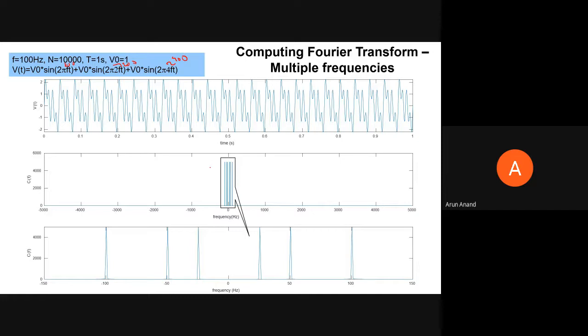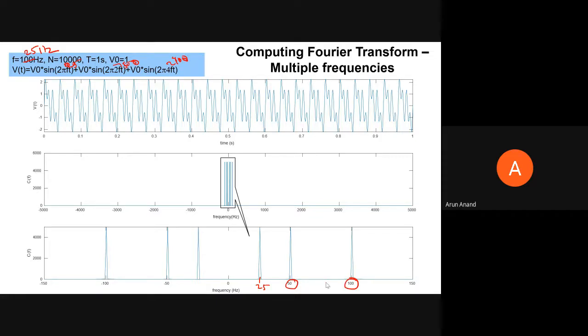And I take a Fourier transform, of course. I should get the peaks at your 100 hertz. Sorry, no, this is not for 100 hertz. This signal is 25 hertz. What I have written here is wrong. It's 25, 50, and 100 hertz. So you will get 25, 50, and 100 peaks. That is quite natural.